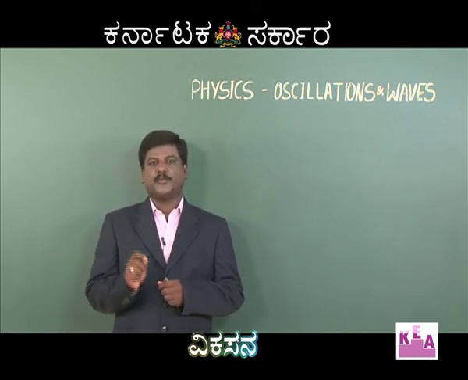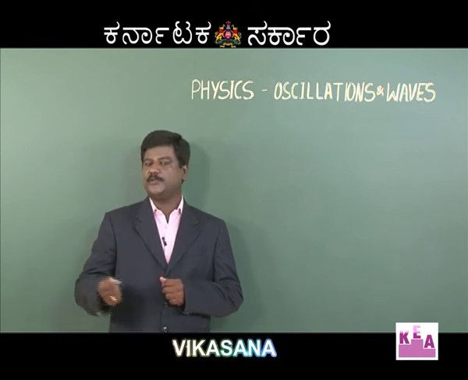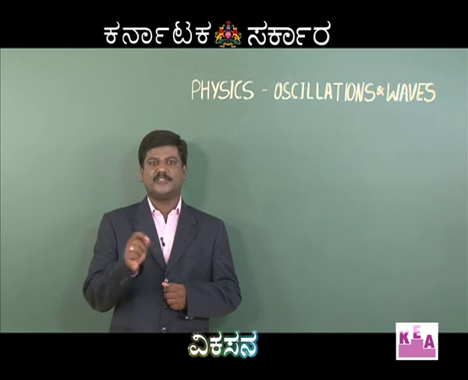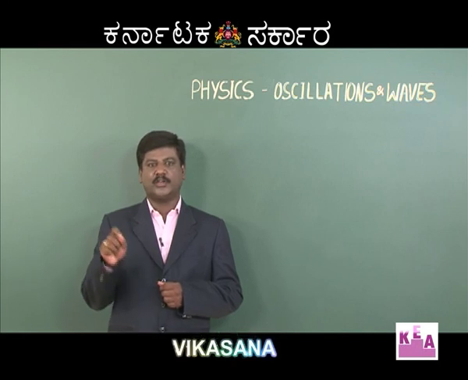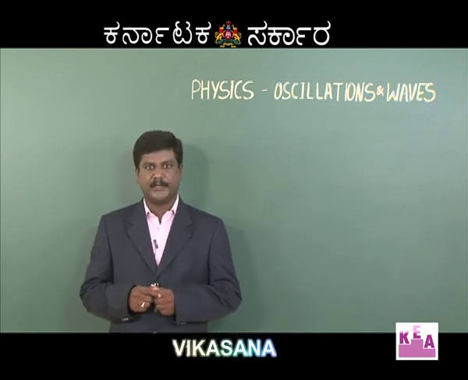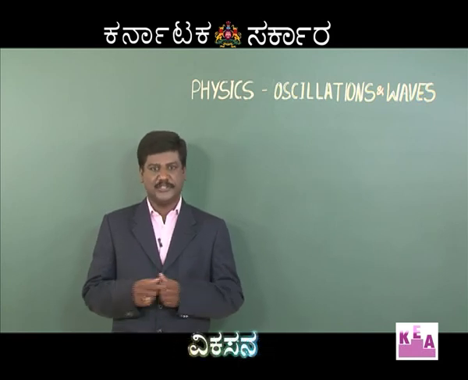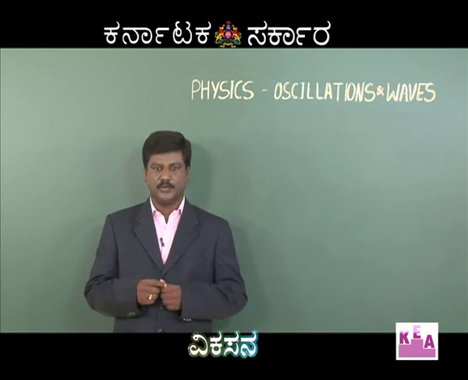So the displacement of the particle varies sinusoidally with respect to t. As the displacement changes, the particle possesses velocity. Then velocity of the particle is given by v is equal to a cos omega t or a omega root of a square minus y square. The velocity of the particle is not constant, it continuously changes. It is maximum at the mean position and minimum at the extreme position.